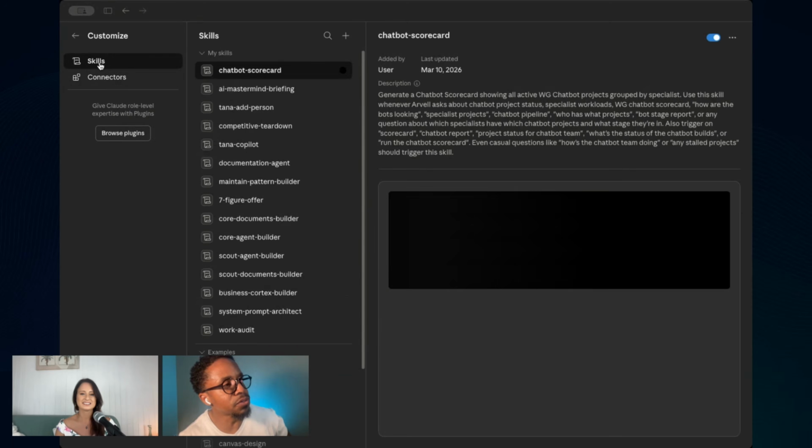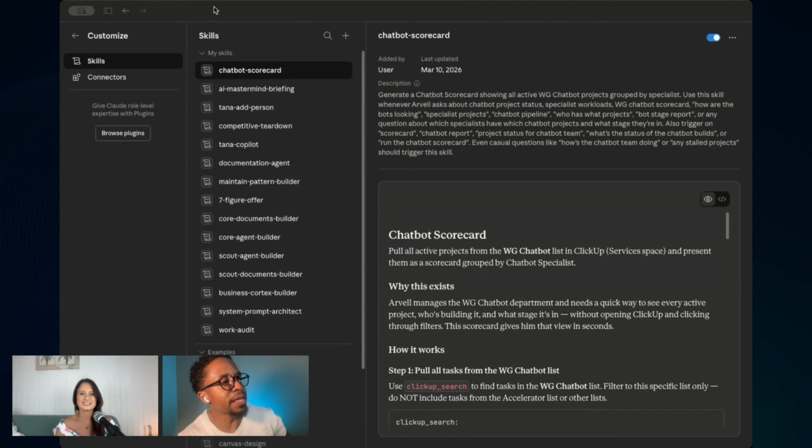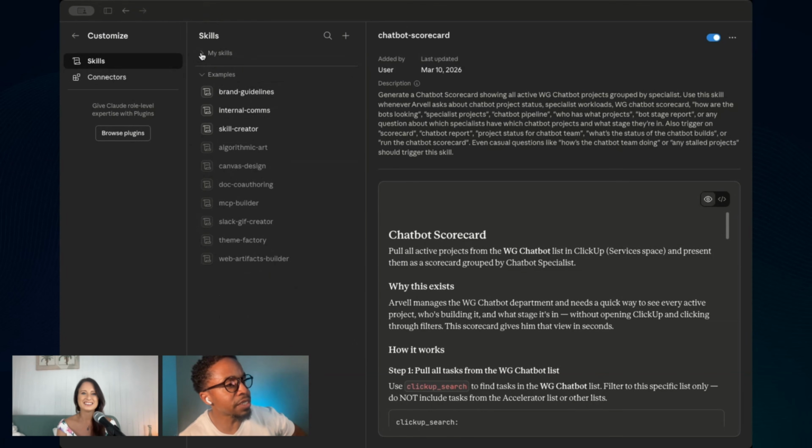And then skills is where you can create skills. These are my skills here, and these are all examples that Claude gives you automatically.